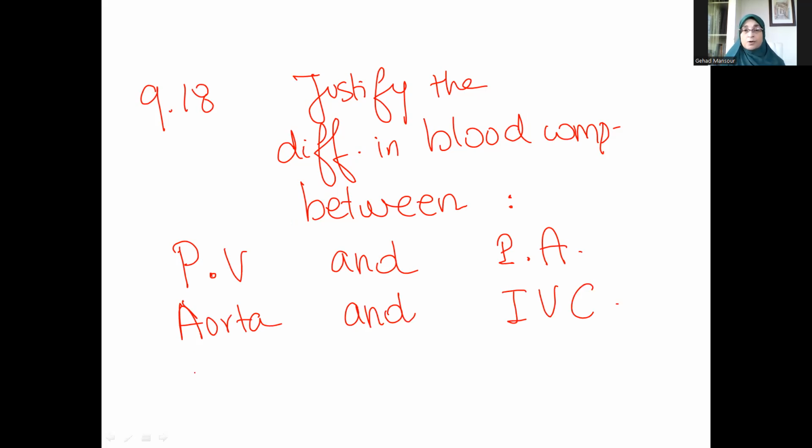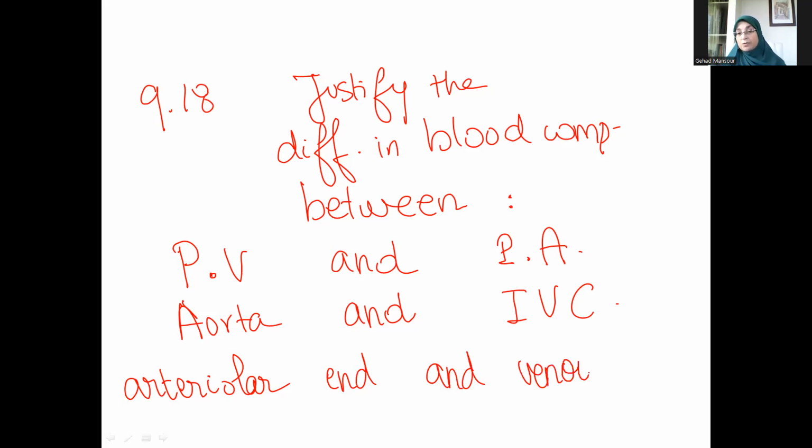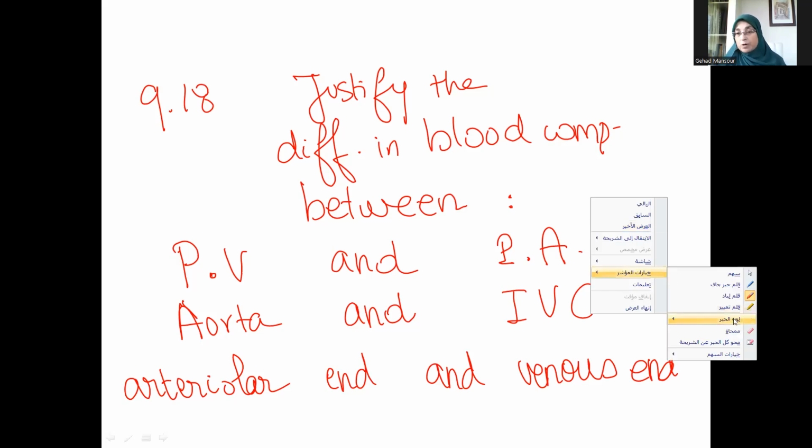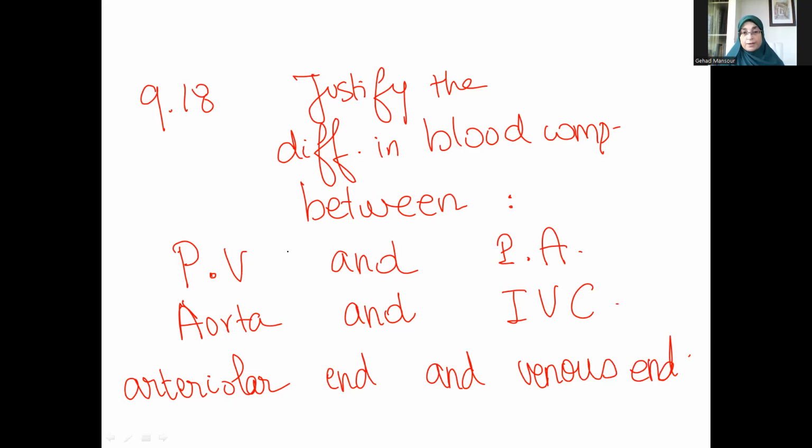I might ask about the difference in blood composition between, more specifically, the arteriolar end of the capillaries and the venous end of the capillaries. In all of these questions, it's as if you were asked about the type of exchange that occurs. Which means what? It means that in order to justify the difference between the pulmonary vein composition and the pulmonary artery composition, you have to talk about the exchange that occurs in the lungs, which is the